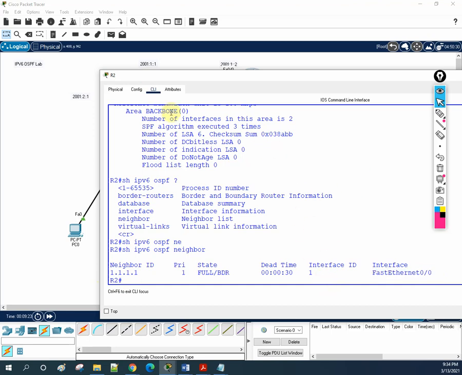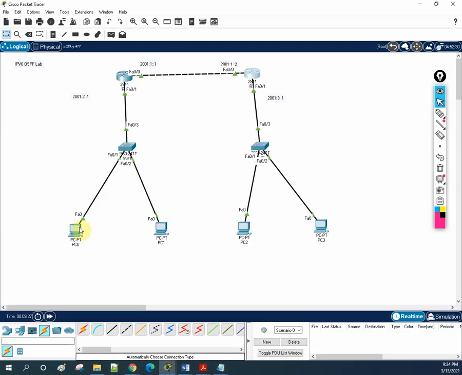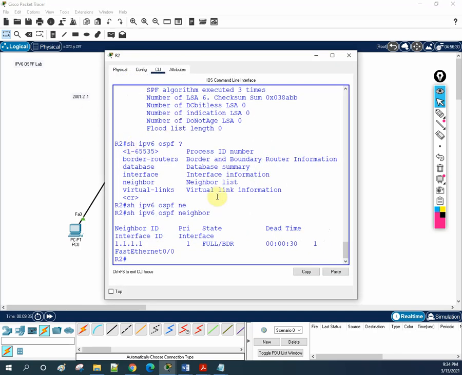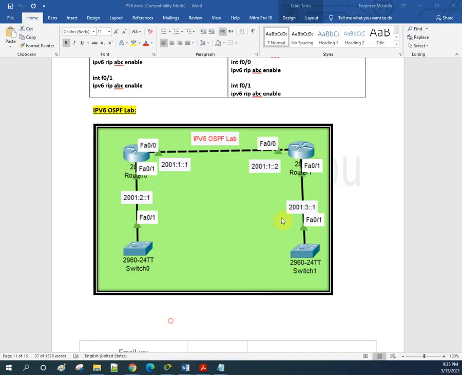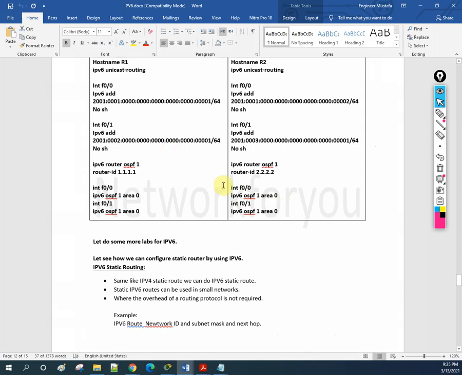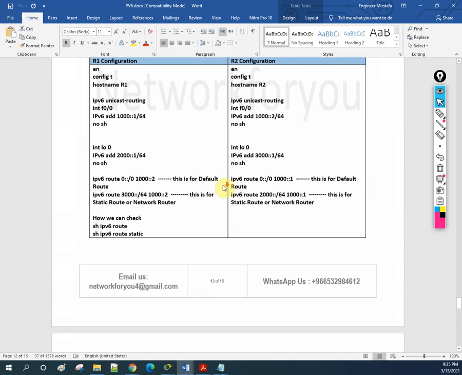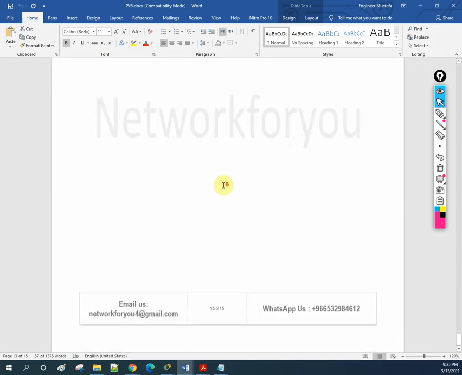So what we can say is, if you assign the IP address, the machines can work. You can assign IP here and you can ping. But instead of assigning the IP, I just pinged from this router to this router's interface, and it is working. So with this, we can say our lab for OSPF version 3 is successfully done. That is what we just did. After that we have one more lab, and then we will finish IPv6.